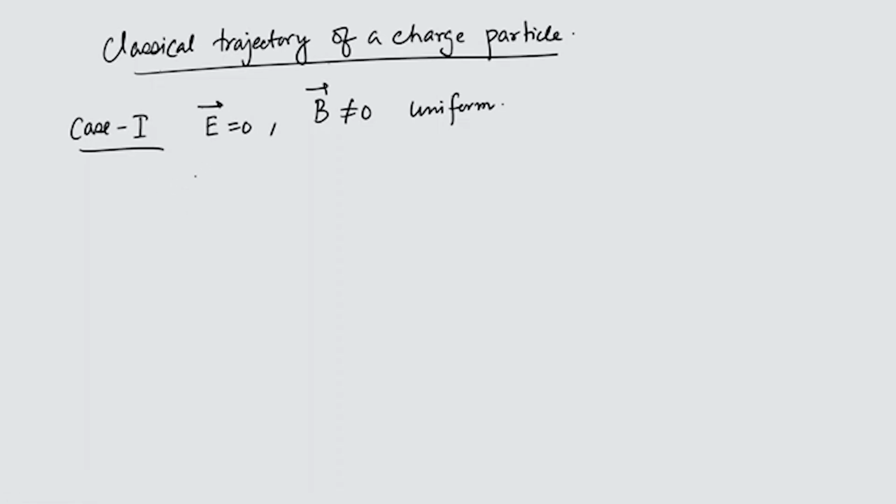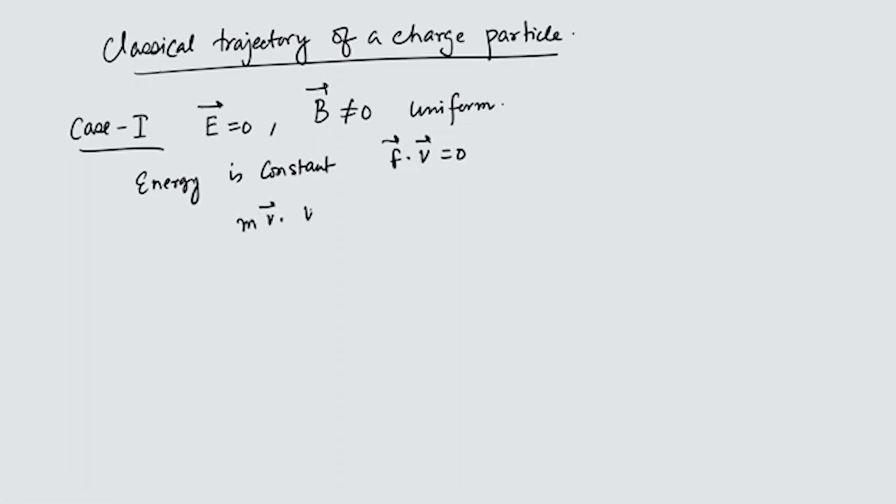Please do not confuse the electric field E and the energy. Energy is a scalar, and energy is constant because the power delivered is equal to 0, since the Lorentz force is v cross B. So we can write this as